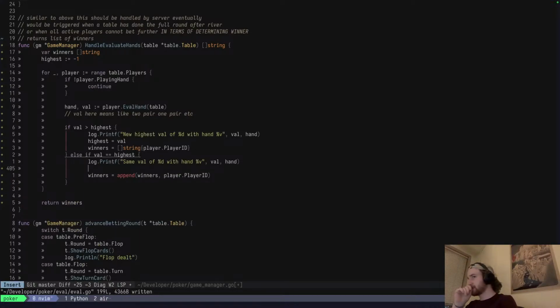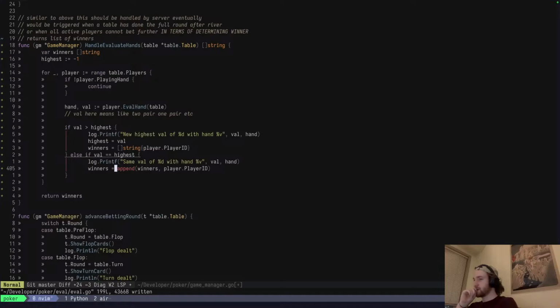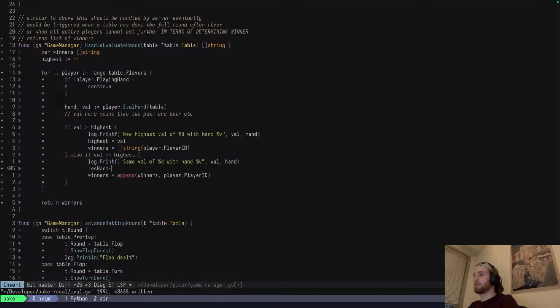So if val is equal to the highest, we take res hand. There has to be a better way to do this. Let me just think. Because right now, I'm going to have to loop over the current winner's hands and handle ties with each one of them. No, because theoretically, winners should only have the ones that are splitting, so they all should have the same value of hand. So what I can do is